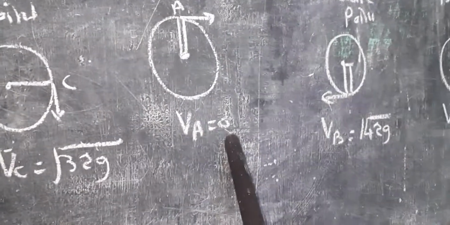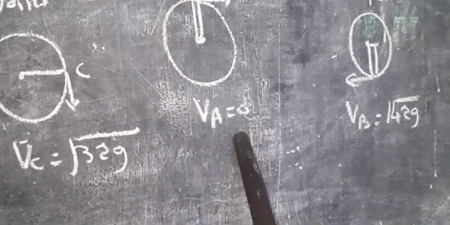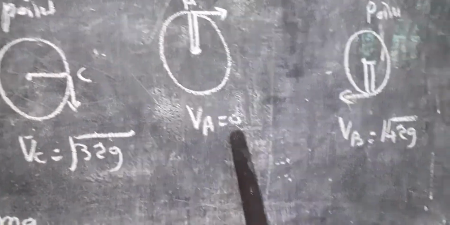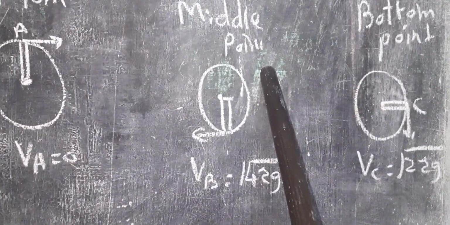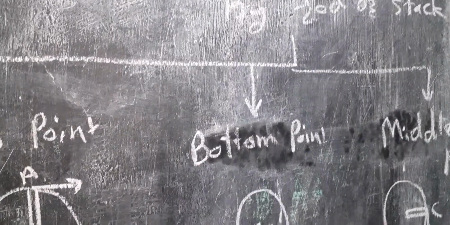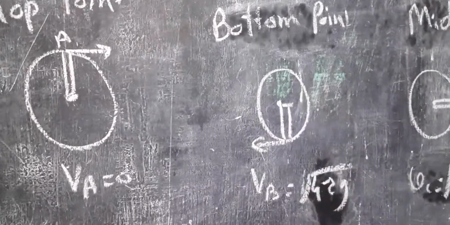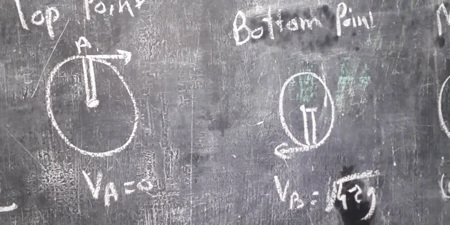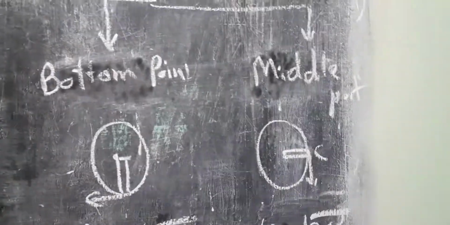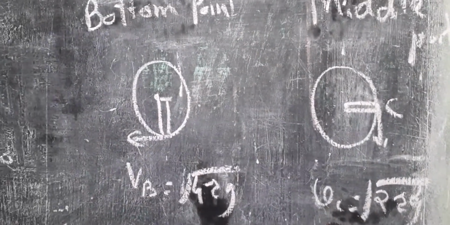And we know that velocity cannot be negative. So below this, there is no velocity. If we say that velocity is less than 0, that means negative, which does not exist. So we cannot imagine velocity having a negative value. Then middle point, bottom point. At bottom point, the velocity with which VCM is possible is under root 4 Rg. And at middle point, that means at point C, for VCM we should get Vc is equal to under root 2 Rg.